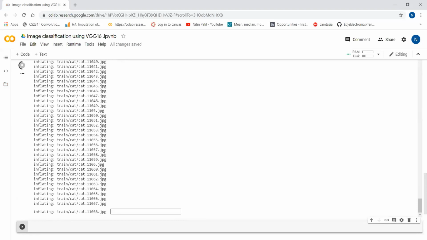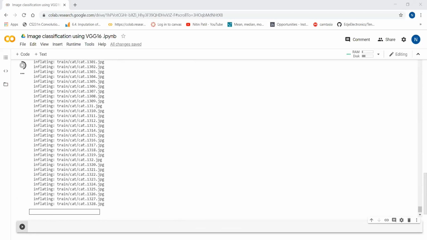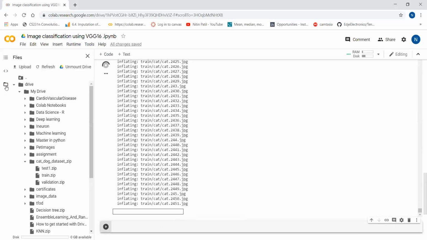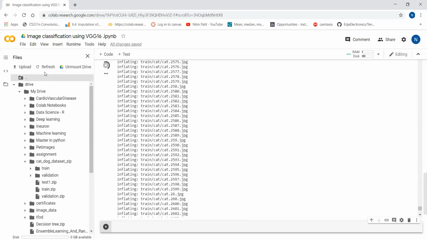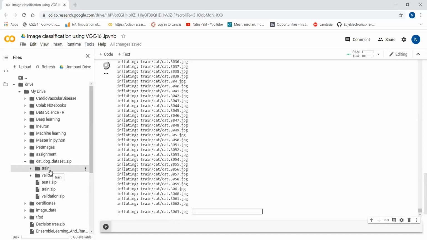It will take time because there are a lot of images inside it. Yeah, it is taking more time. So now you can see parallelly there should be two folders created. Okay, you can see train and validation folders created.